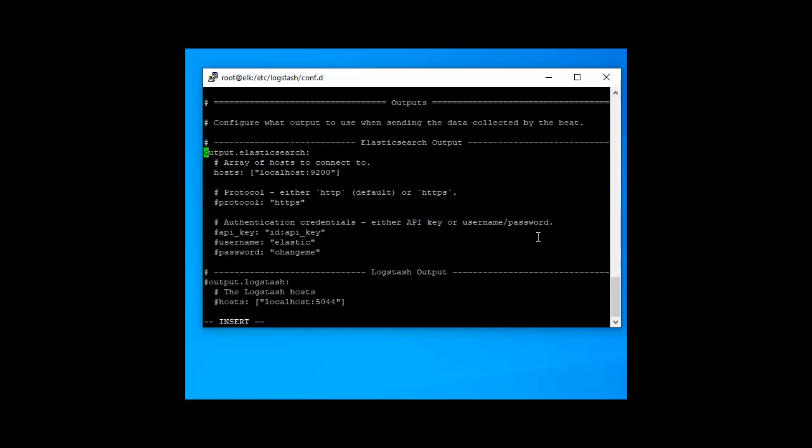So comment this one. I just modify this section to define Filebeat to send logs to the Logstash server on port 5044.